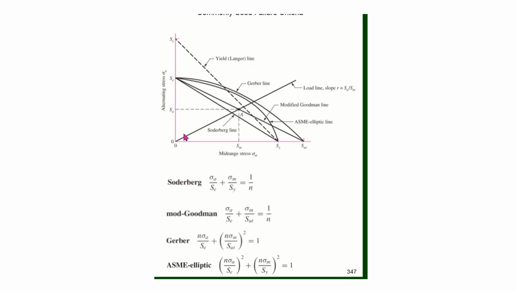What we typically do is we have a load line for the particular problem. In this case, it's showing that our load line starts at 0 and then propagates out at this slope of SA and SM. And this would be a failure curve, and we could see where we intersect our failure line. And where we intersect our failure line, we call that the SA and the SM instead of sigma A and sigma M. Otherwise, this is sigma A and this is sigma M. So these sigma A and sigma M, these are just points